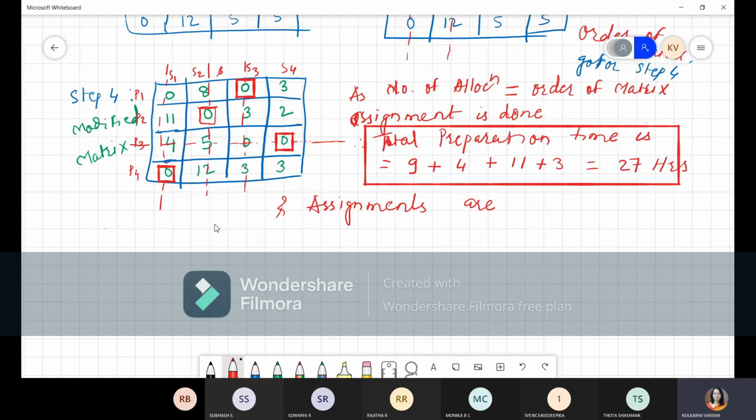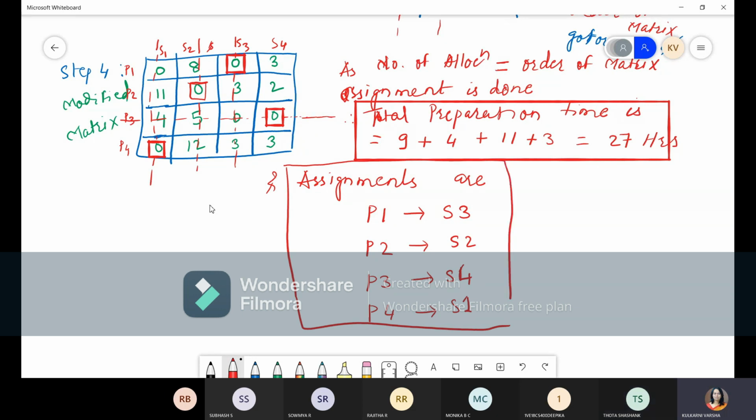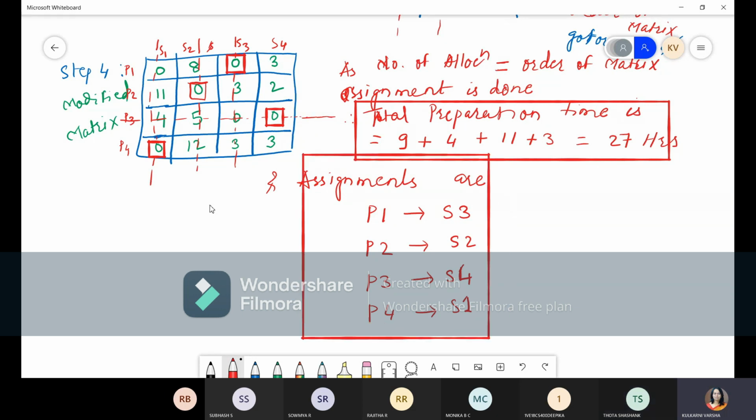We have to tell the assignment also: Professor 1 is assigned with subject 3, Professor 2 is assigned with subject 2, Professor 3 is assigned with subject 1, and Professor 4 is assigned with subject 4. So this is the assignment. So these two answers we need to write after this. Okay.